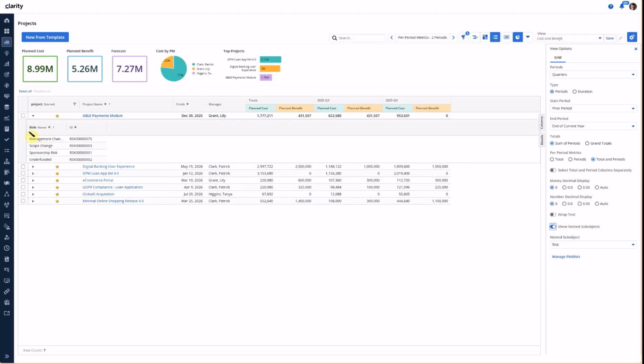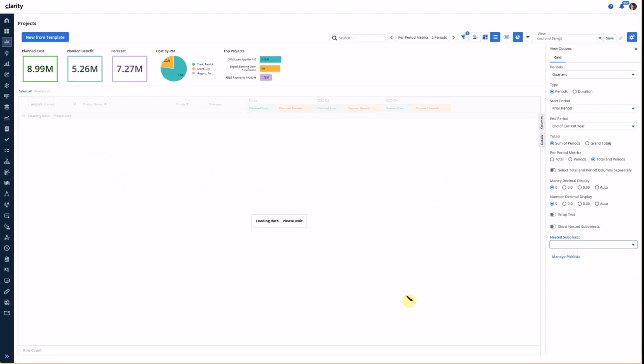When I do that, you can see that the screen refreshed, and now we added the risk. Again, the first column has the object name added to it, and by default we added the name and ID for the new subobject that I included. I can of course do the same thing, add additional columns and so on. But at this point, let's say I wanted to now switch back to my task. So I can go back and pick task again,